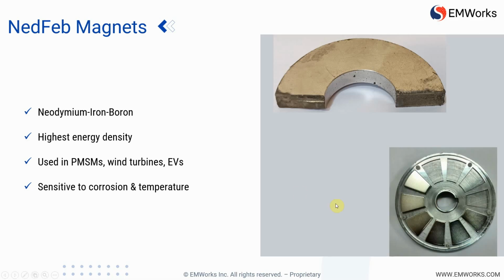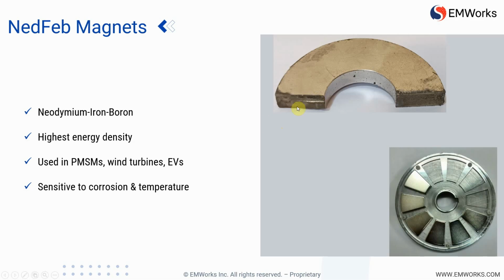However, NdFeB magnets are highly vulnerable to oxidation and corrosion. Therefore, they must be protected with coatings such as nickel, epoxy, or polymers. Thermal sensitivity is another concern. Standard grades may suffer irreversible demagnetization above 80 degrees Celsius. High temperature grades can perform up to 200 degrees Celsius, but at a higher cost and a reduced Br. In high-speed applications, mechanical stress must also be considered, as these magnets are vulnerable to chipping or fracture under vibration